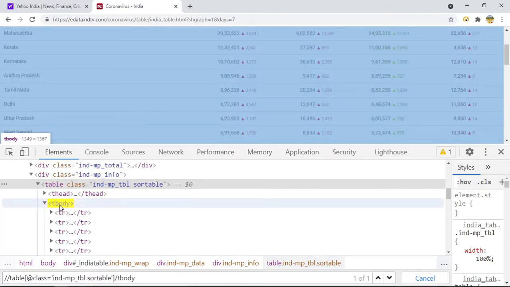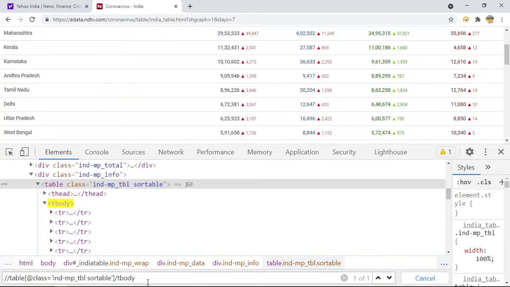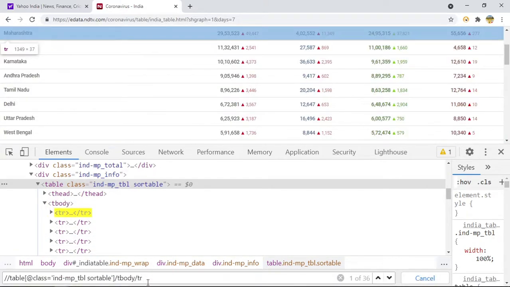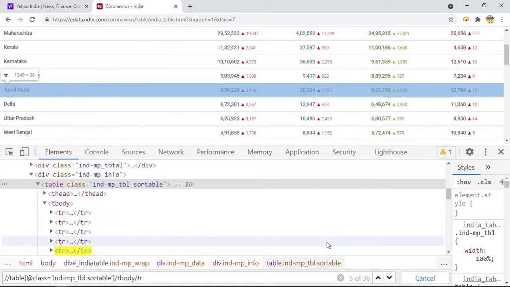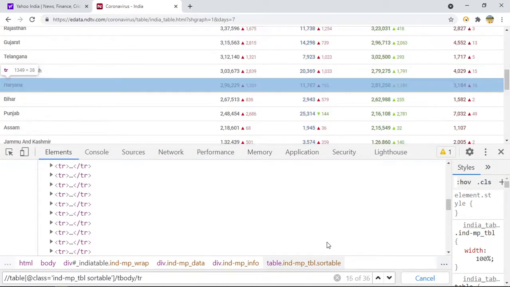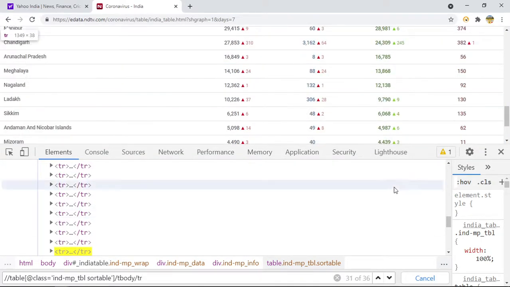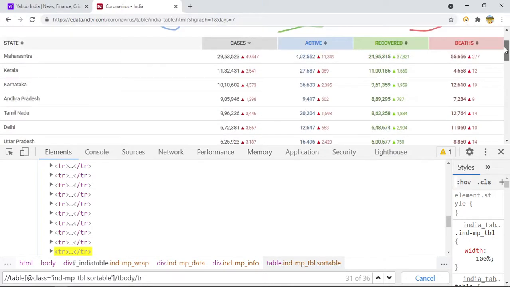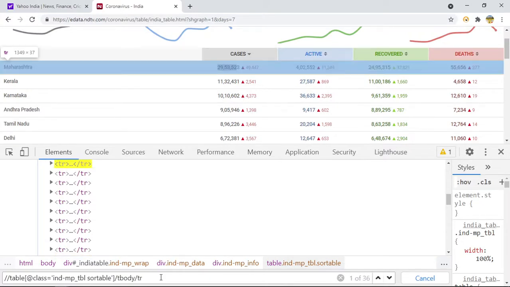So I am here. I want to go to this, so I will say /tr. Now we are here, right? So it has highlighted all the entries. If I hit enter, it will highlight each and every row. But I want to get the first data only, not the entire row. So I will again come to this particular place. As a tr, now we are on the first row.